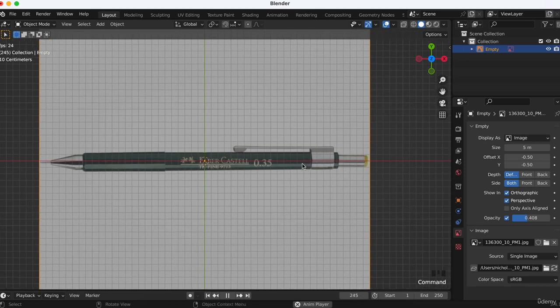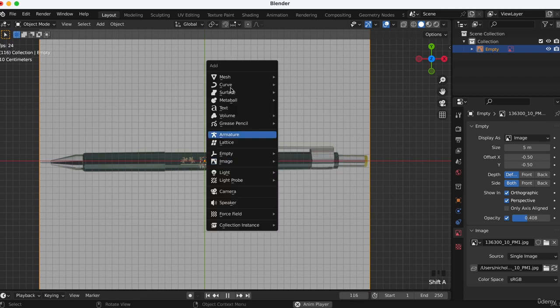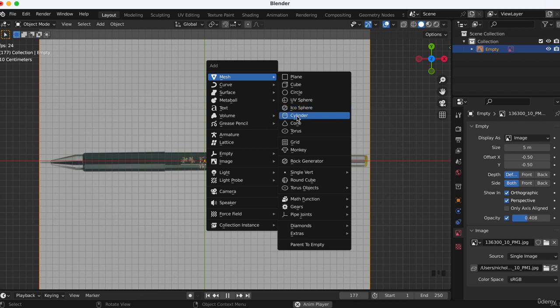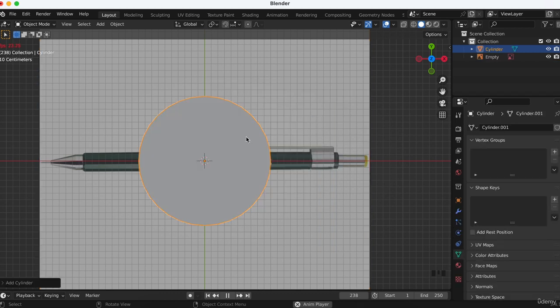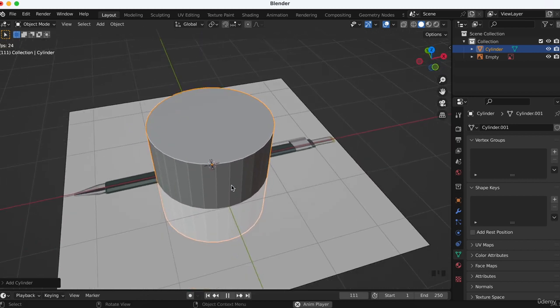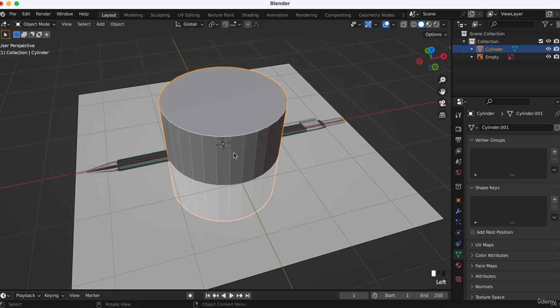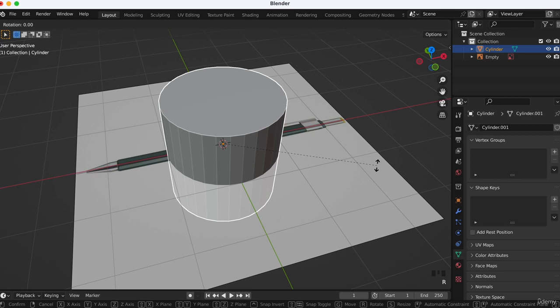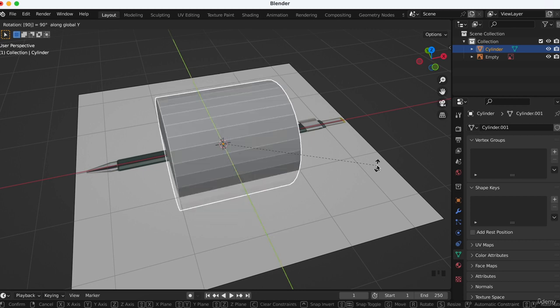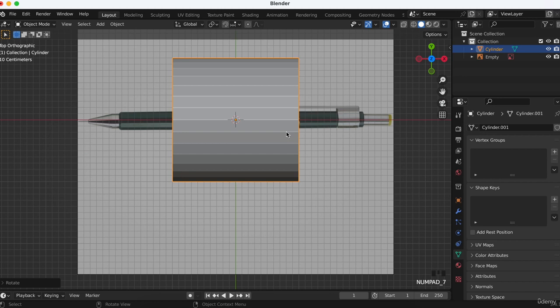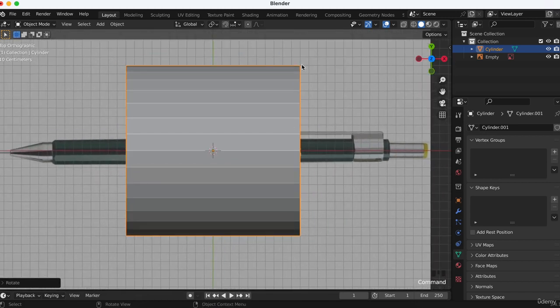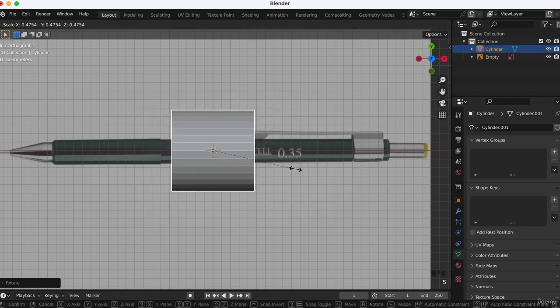So now that we have this, what mesh is similar to this? It is the cylinder. We can get the cylinder and we can move it. We can rotate it and also have the timeline like this. You can rotate it on the other side. So you can RY 90 like this, and then numpad 7, and we can make the same size. So S to scale